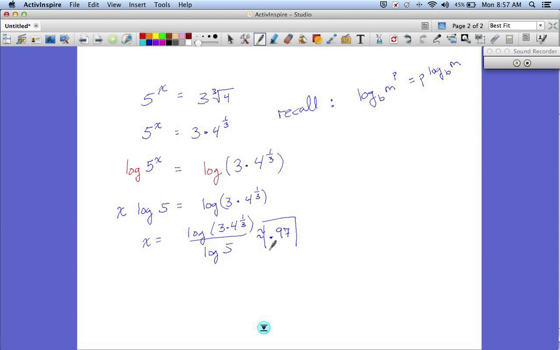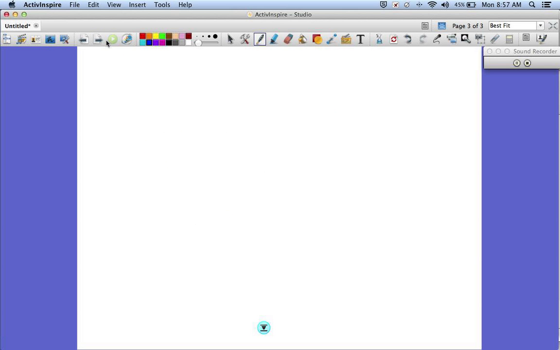So that's how logs can help us solve things with unlike bases. We can just take the log of both sides and do whatever you need to do. So let's look at an example here. Let's say that